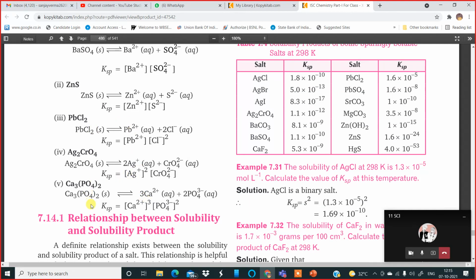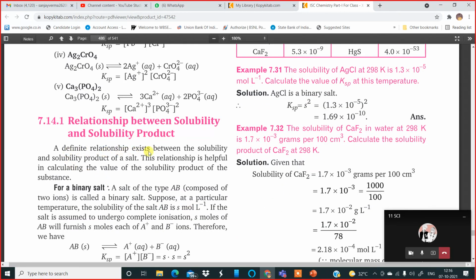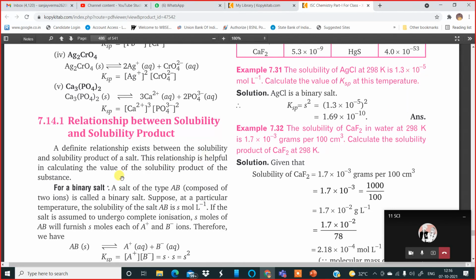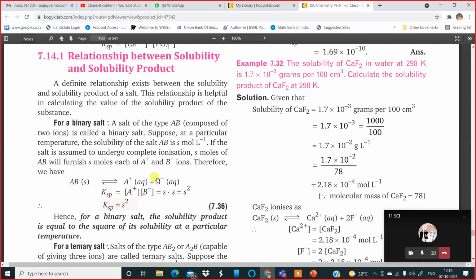After this, there is one important relationship between solubility and solubility product. Solubility is written as capital S and solubility product is KSP. A definite relationship exists between the solubility and solubility product of a salt. This relationship is quite helpful in calculating the value of KSP of the substance. For a binary salt, a salt of the type AB containing a cationic part and an anionic part, composed of two ions, it is called a binary salt. Suppose at a particular temperature, the solubility